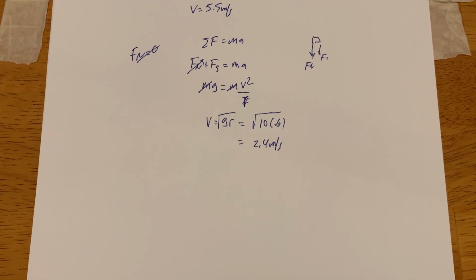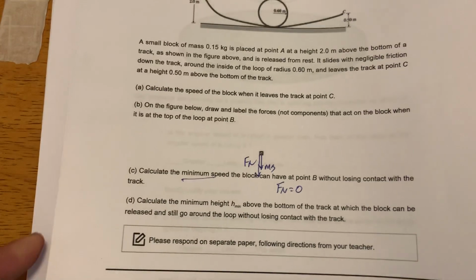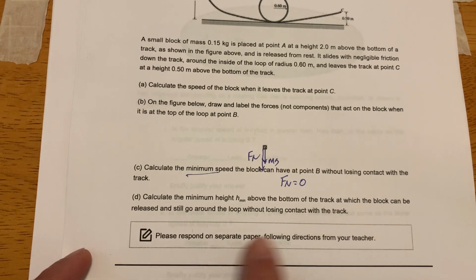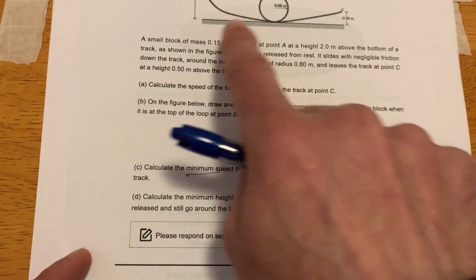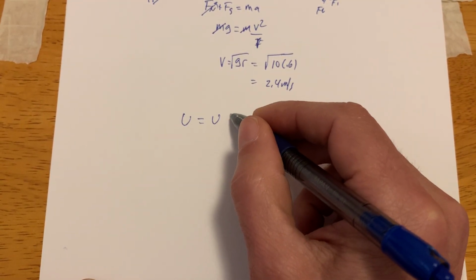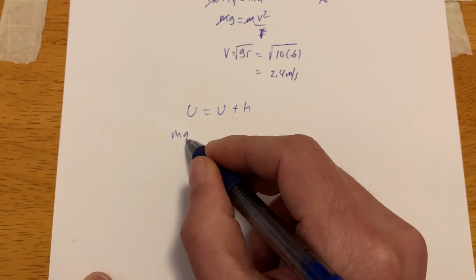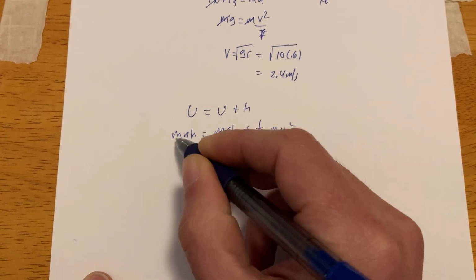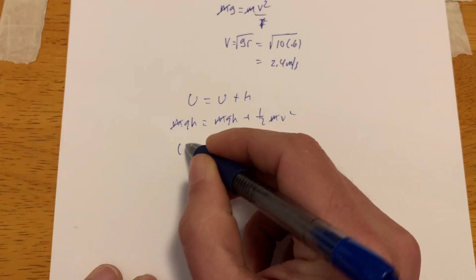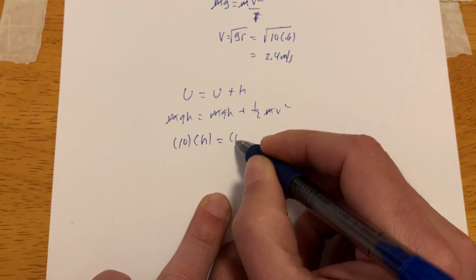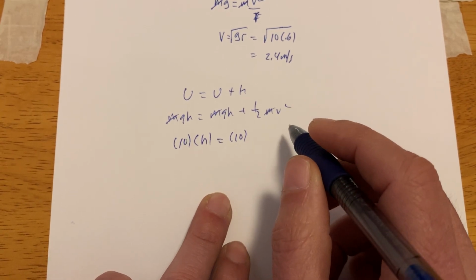All right, D. What is D saying here? Calculate the minimum height above the bottom of the track from which the block can still go around. So what's the minimum height needed to still make the loop? It looks like I have U equal to U plus K: mgh plus 1/2 mv squared. Once again, the masses go away. So 10 times h, which is what I'm looking for, is equal to what? This is 10, and we said that this was